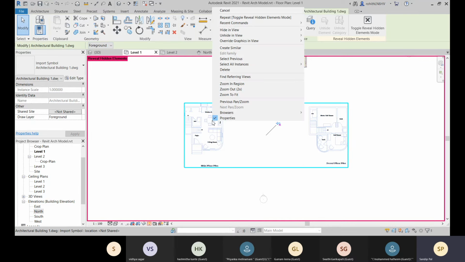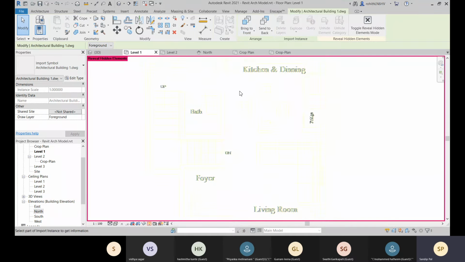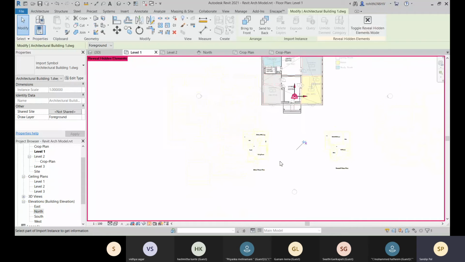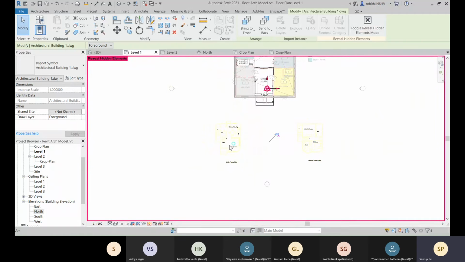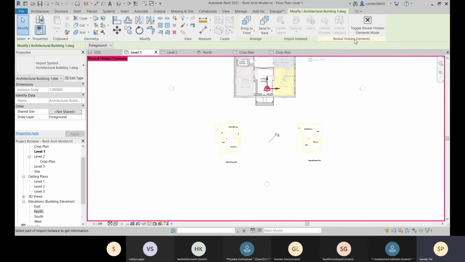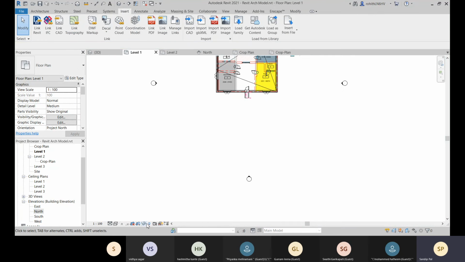So if we do this, I don't want them to hide it right now. So let me select them, so that should be coming.